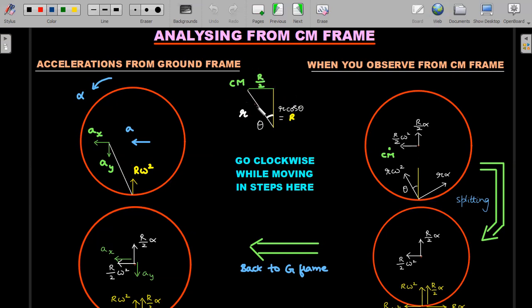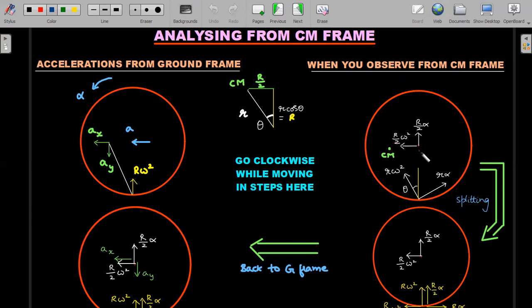Keep this in mind. Now, when you observe from the center of mass frame, that means someone is sitting on CM and watching this entire thing. That would be a pure rotation. You will feel as if the entire body, a rigid body, always about the center of mass, feels like it's in pure rotation. Okay, right? So in pure rotation, every point seems like moving in a non-uniform circular motion. So if you ask how the center of mass observer standing here looks at this particular geometric center, it will say that it has a circular motion of radius R by 2.